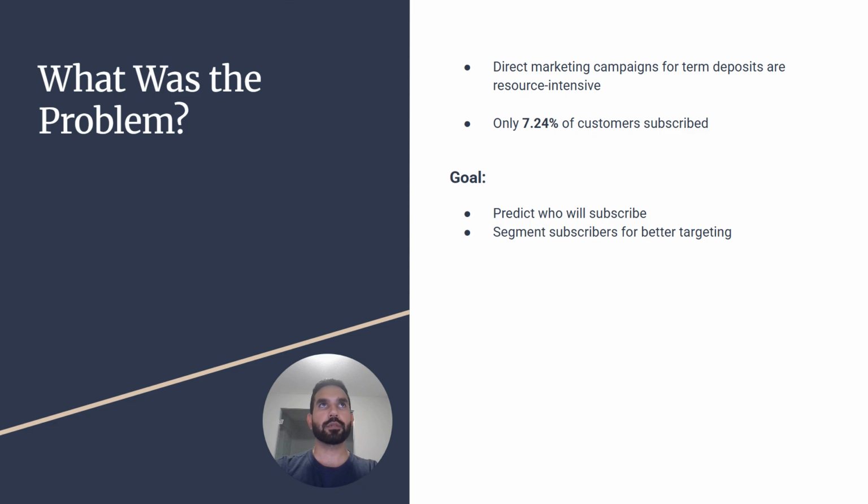With the current data set that was provided, there's only 7.2% of customers that are subscribed currently to the term deposit, which is fairly low. So it makes sense they want to convert more customers, and